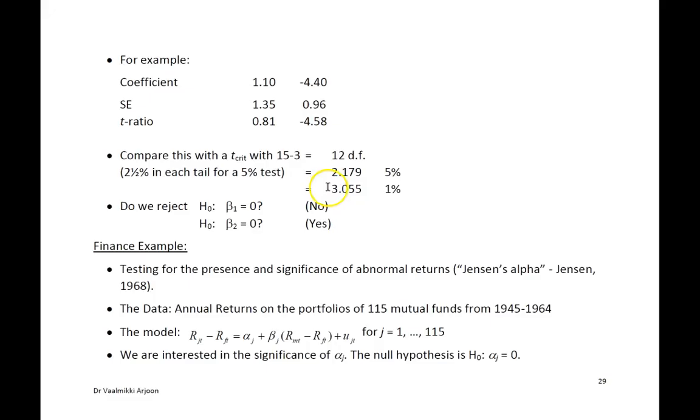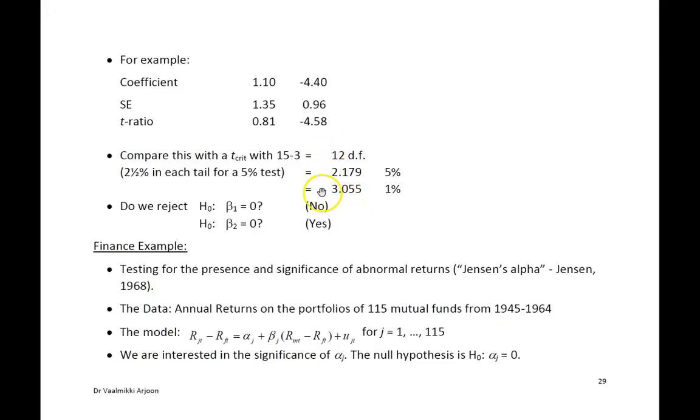For this one, 0.81 is much less than 2.179. That means it will lie within the non-rejection region. Once the test statistic is less than the critical value, it lies in the non-rejection region, so you do not reject. We do not reject the null hypothesis. But this one, negative 4.58,